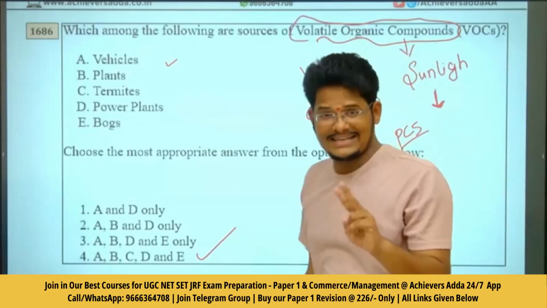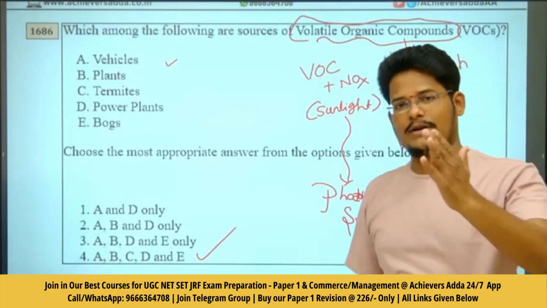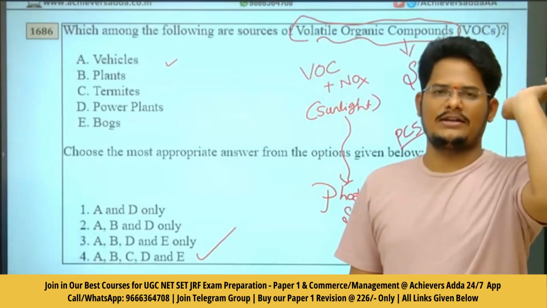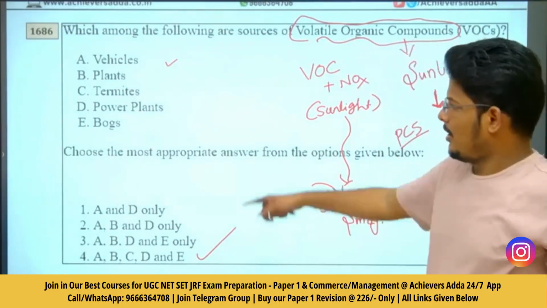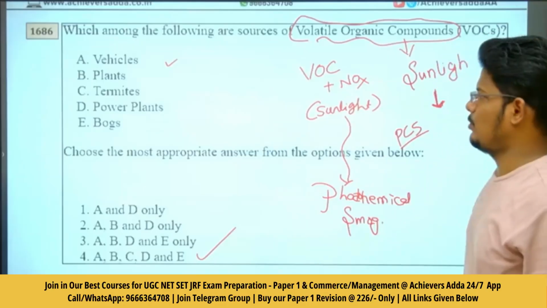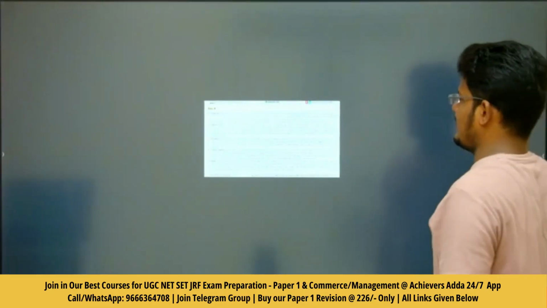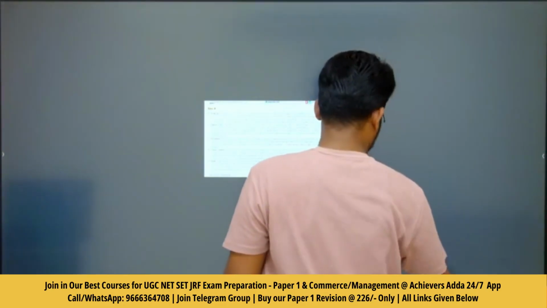There are 2 categories of air pollutants, primary and secondary. Primary pollutants are directly emitted into the atmosphere by human activities. All these come under human activities, which release volatile organic compounds. Next,